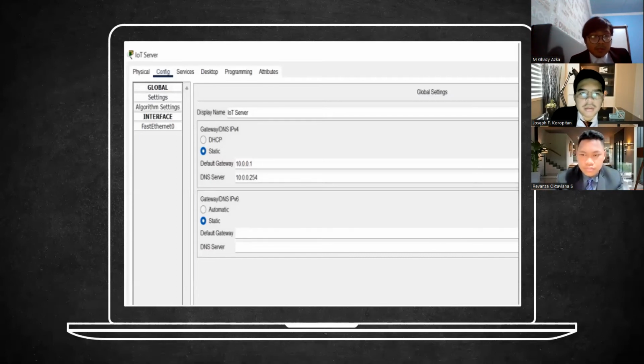This is the IoT server. In the gateway DNS IPv4, we use static to set the default gateway and DNS server. And for the gateway DNS IPv6, we use static too.